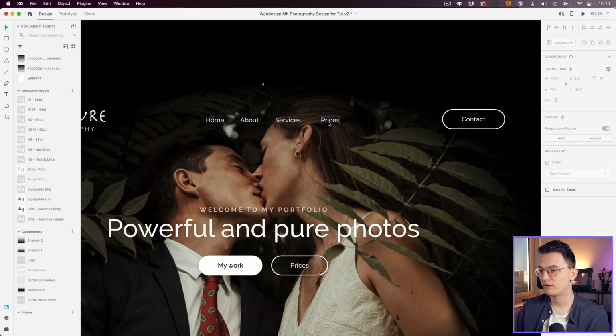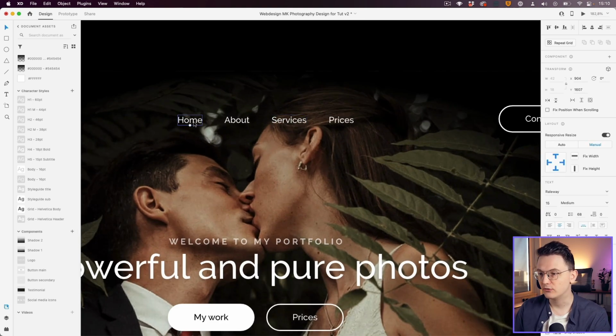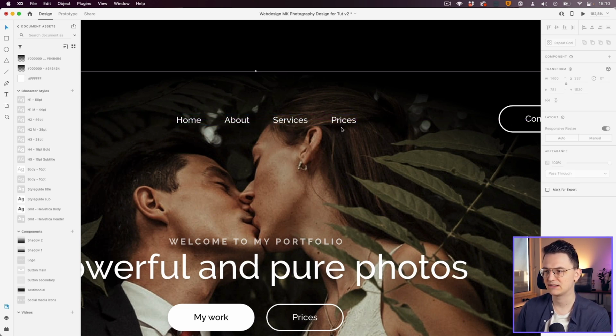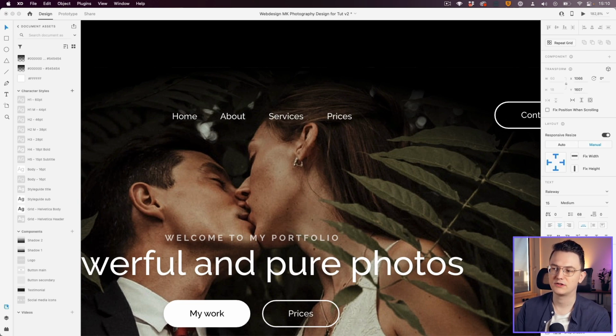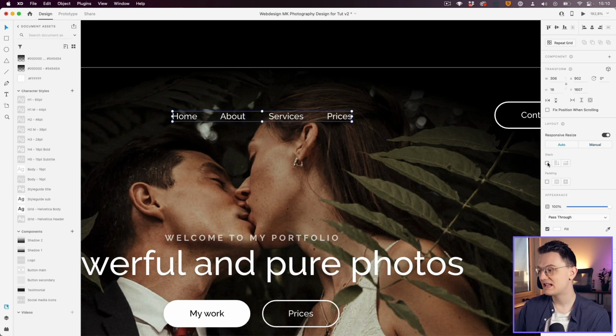So you have your menu over here, you have a few items over here, and you measured everything. So for example, 40 pixels between. Oh, oops, this one, okay, and this one like this. I always use the arrow keys and sometimes shift to go up or down 10 pixels, but I always use it to measure things like this. But then, if something changes in your menu, for example, the client wants service instead of services, then it's not aligned anymore. So with stacking, you can just select all of them by holding Shift, group it, stack it, and